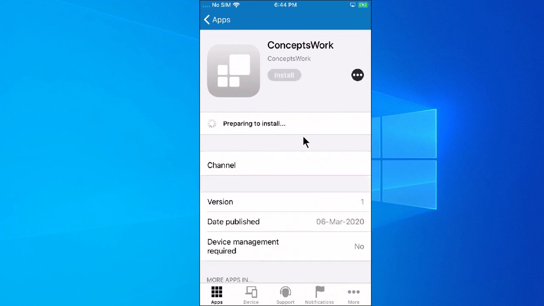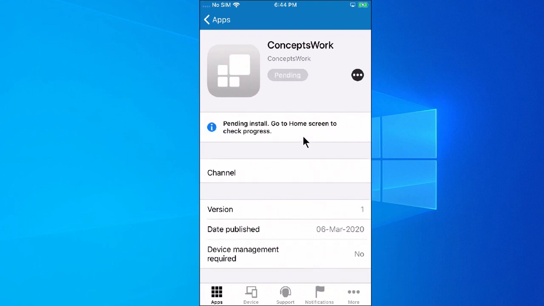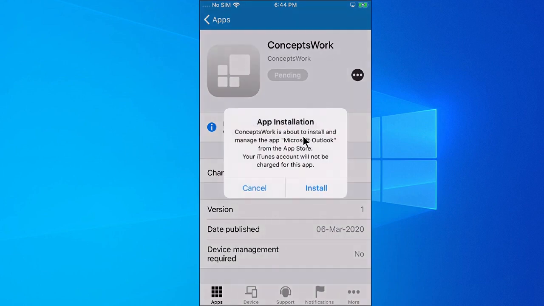Now the moment I click on install, a shortcut will be added at the iOS level itself, where a home screen icon will help you open the web page of our channel. So if I come back, there will be a shortcut icon. Once I click on that, the browser will open. But before I show you how Concepts Work channel opens,